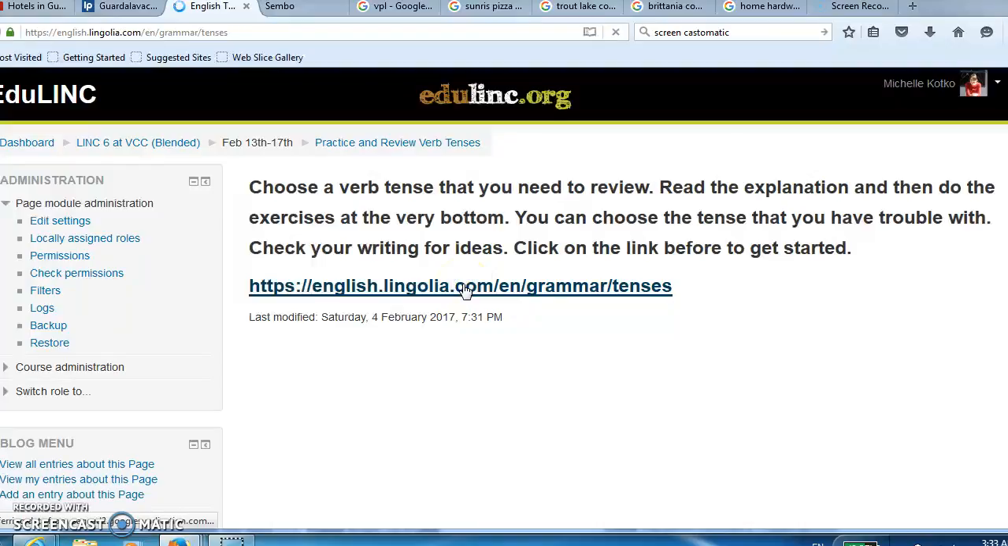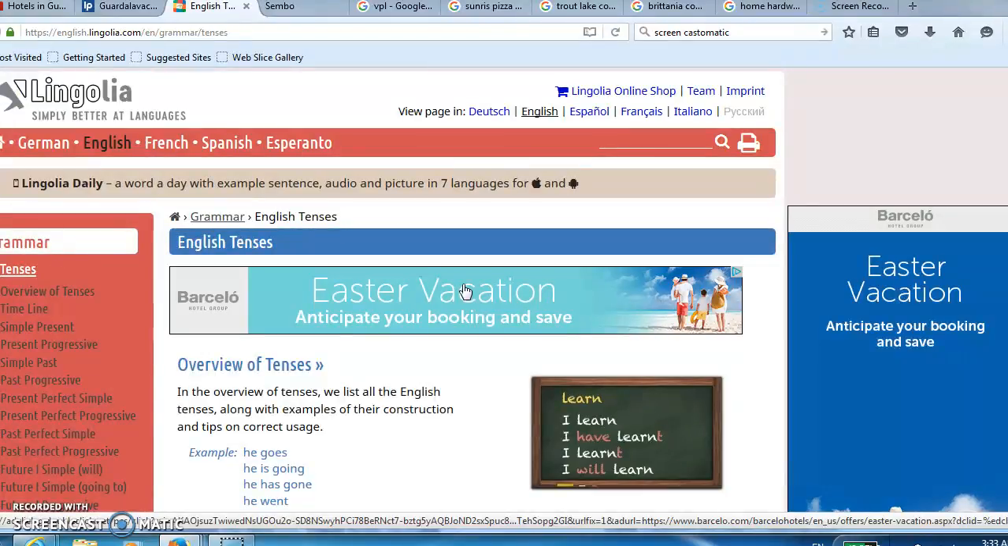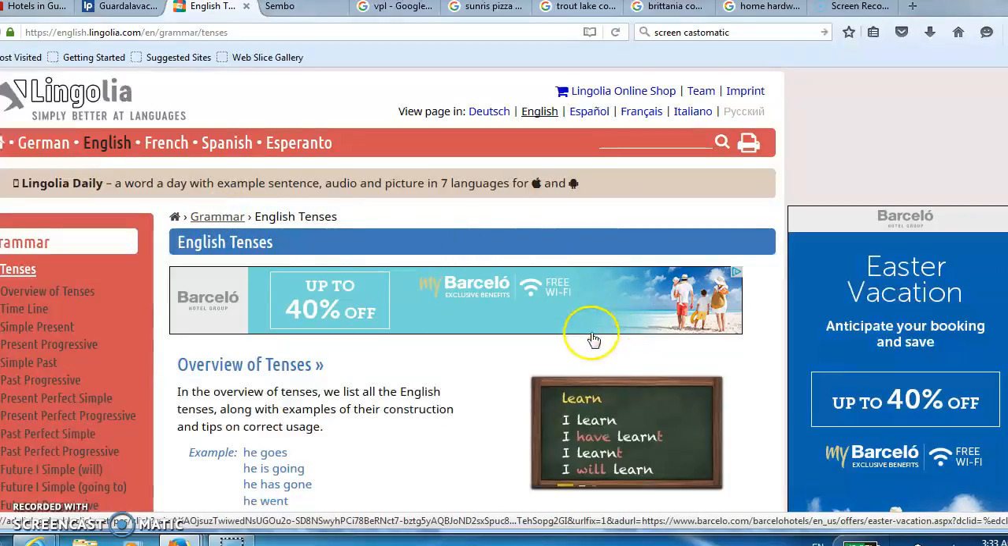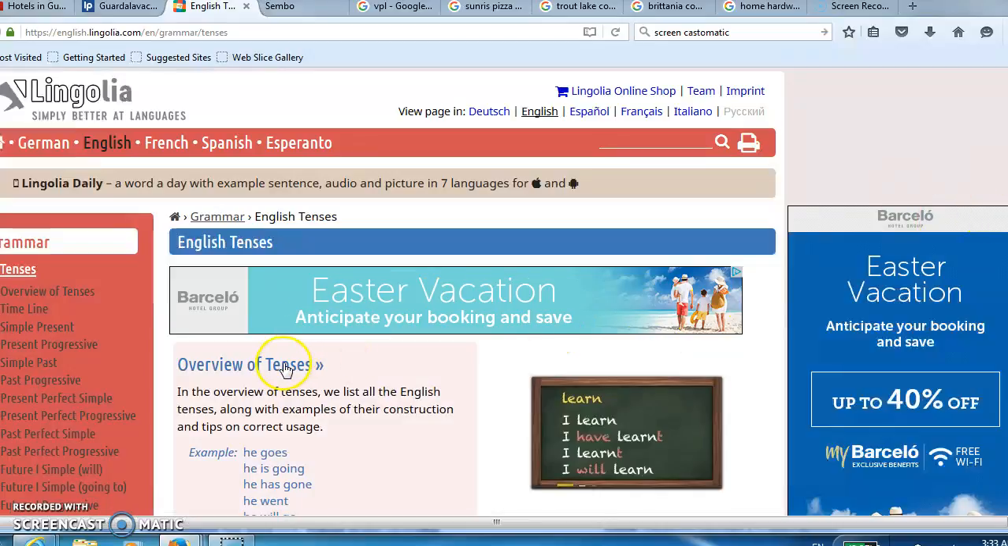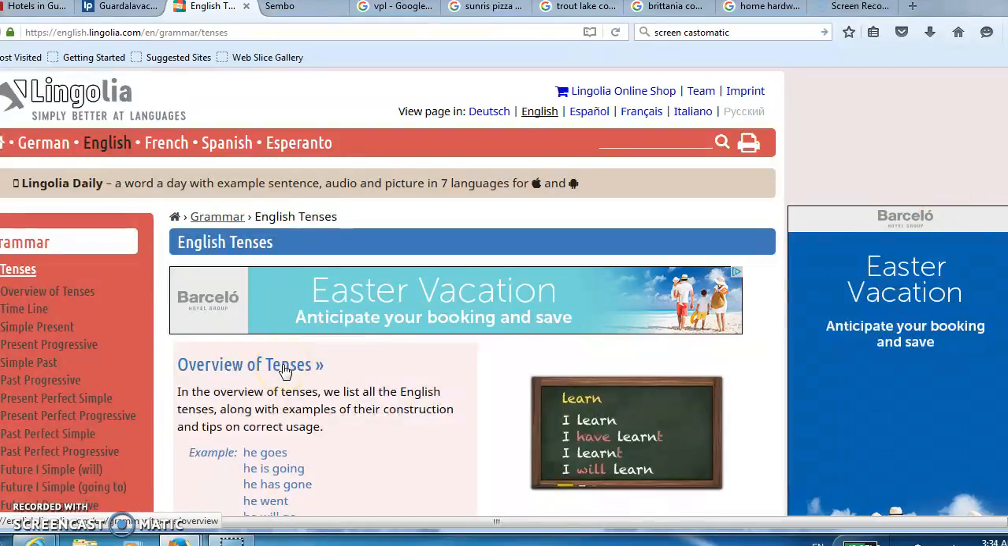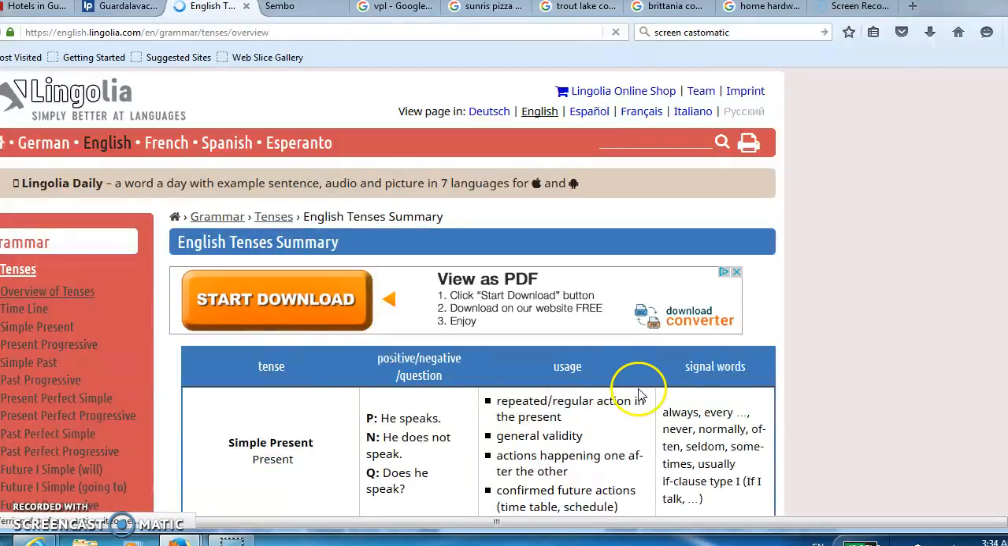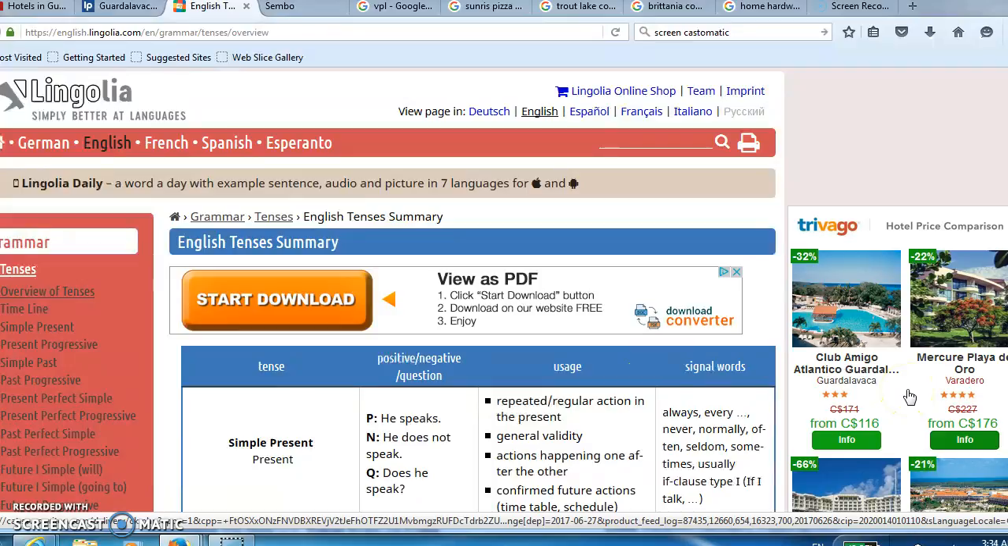If you're not sure, I would do a review of, you could do the overview of tenses. If I click on Overview, then you will see